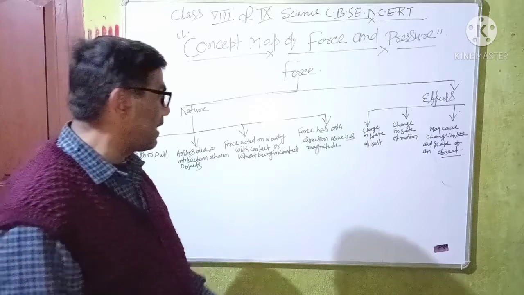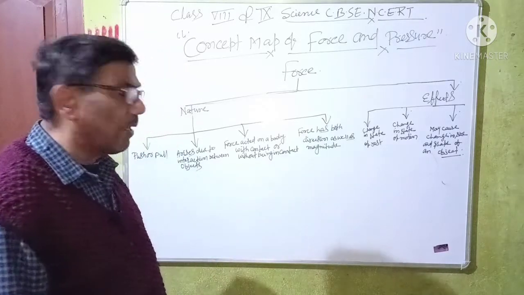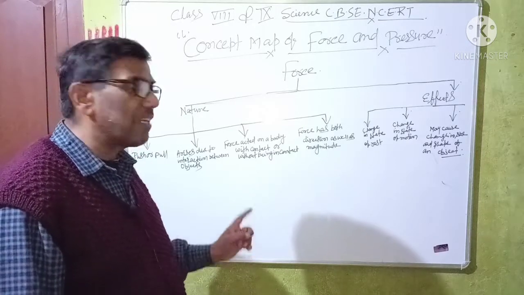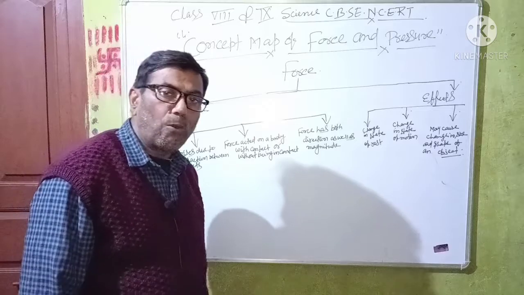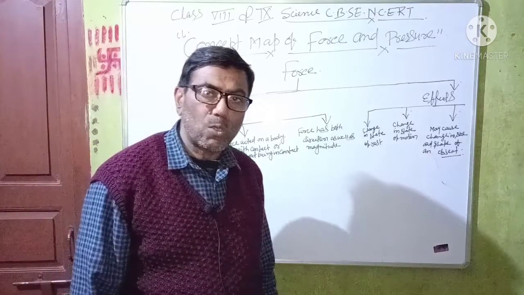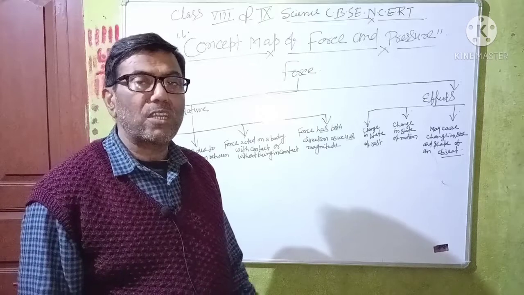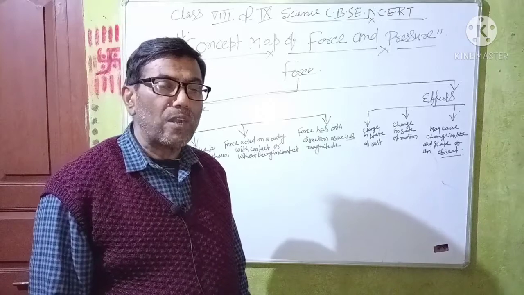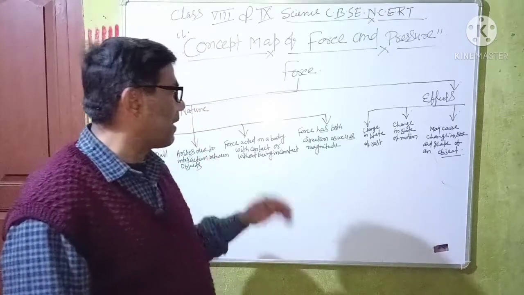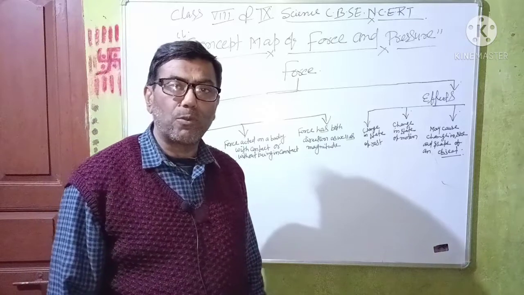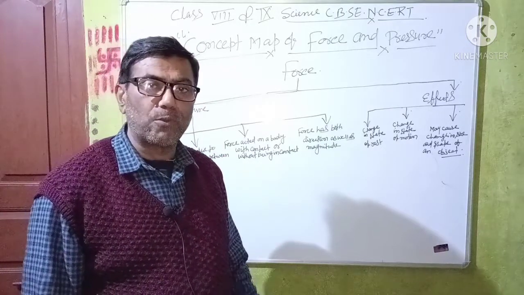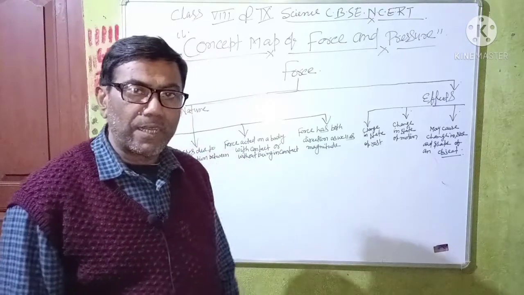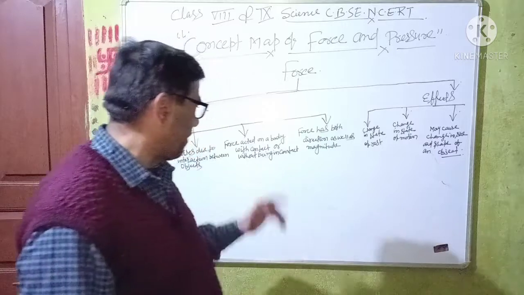And the fourth nature is that force acts on a body with contact or without being in contact. Force acts on a body with contact, like frictional force. It is produced when one body slides over another body, and then friction, an opposing force, is produced. But sometimes force acts on a body without physical contact,